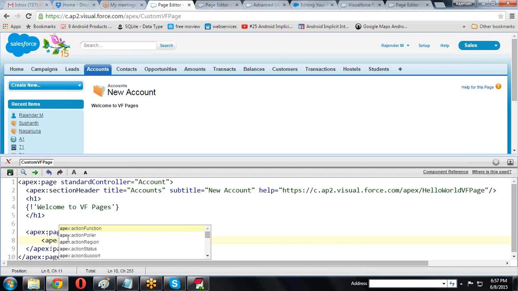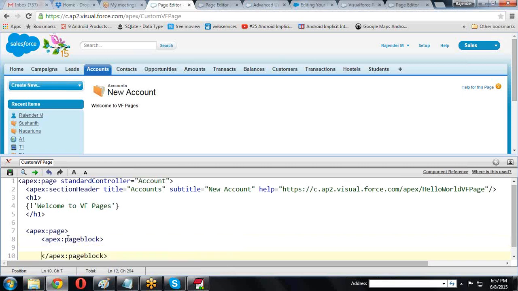Now apex colon page block. I'm creating page block, page block title.